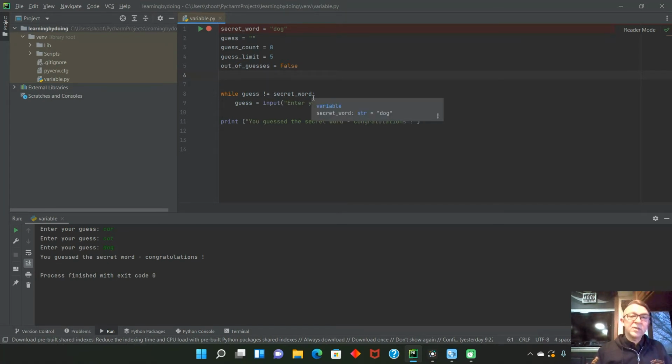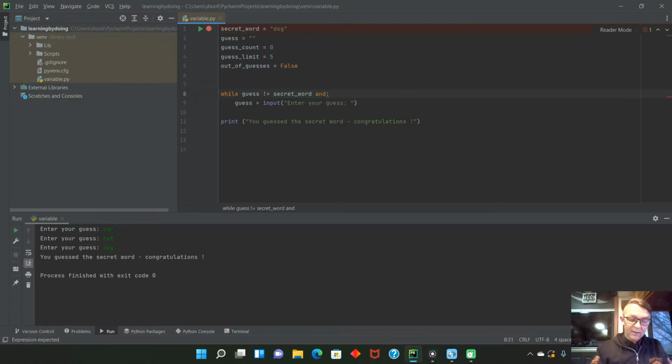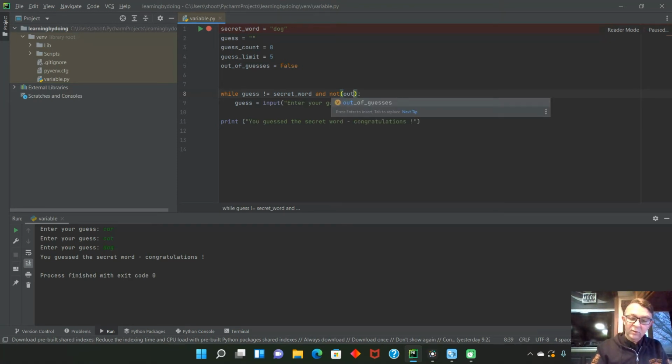We want to add a condition here. And we will say, and not, and we want to check and see if they are out of guesses, and not out of guesses. And not out of guesses. Yeah, that's the first thing we want to check here. And then we will say,